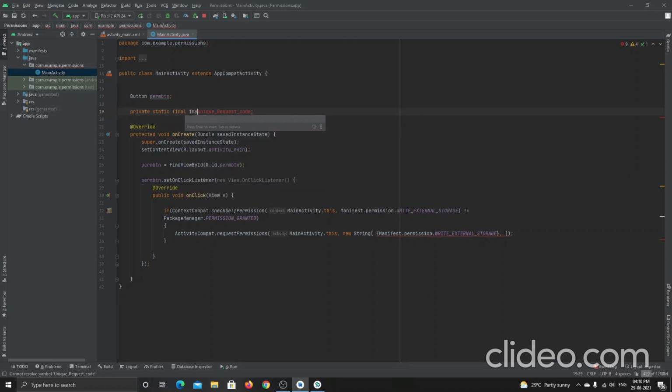Sorry, I missed the data type here, that's why it was giving me the error. It is just a variable now, and it will have the value 1, so let me declare it as 1.